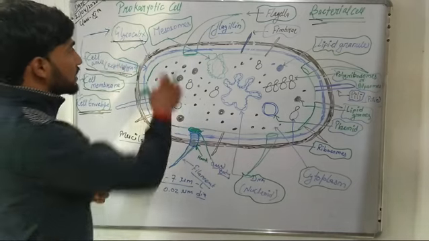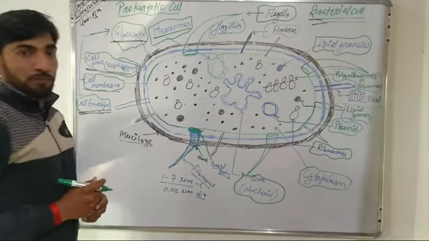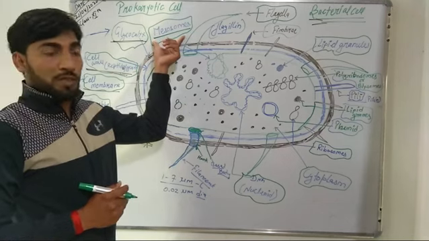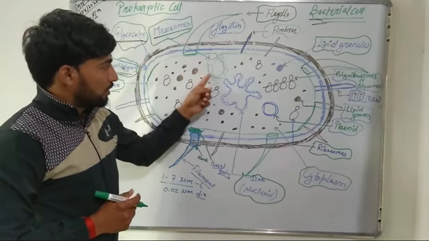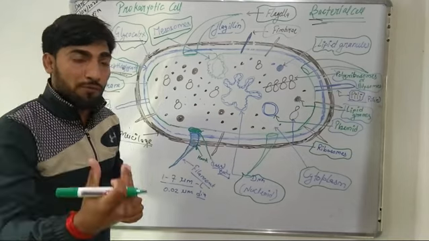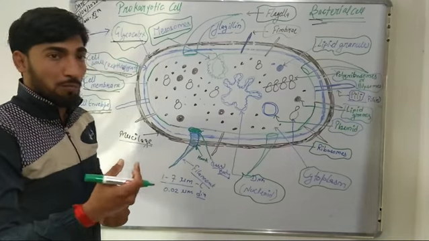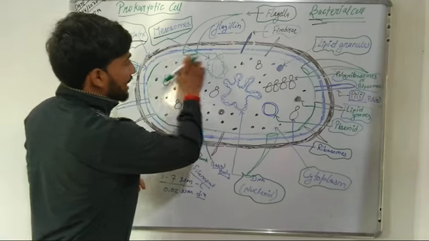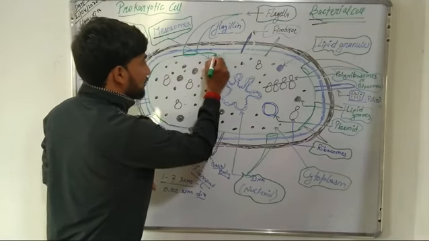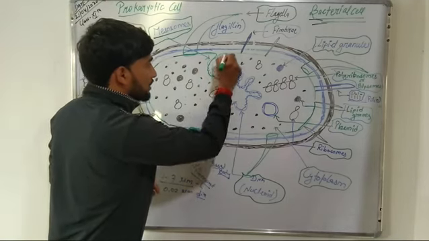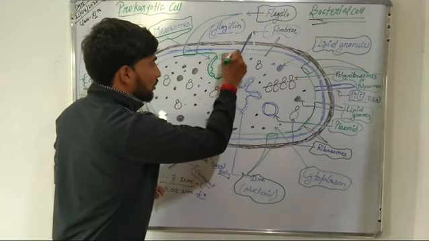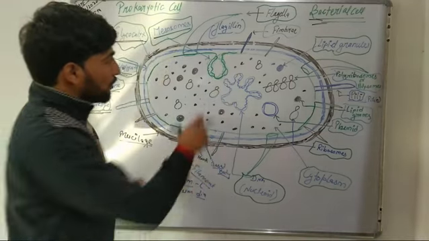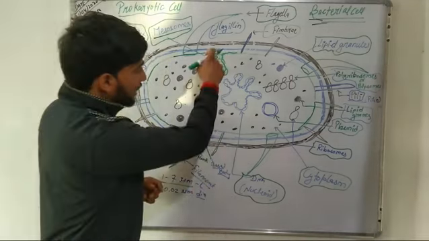First we will discuss the mesosomes. So what are these mesosomes? Basically, mesosomes are formed due to villiform specialization of the cell membrane. So this is our cell membrane, and it gets specialized into some villiform or finger-like apparatus, that is known as mesosome. These mesosomes perform three main functions in the bacterial cell.